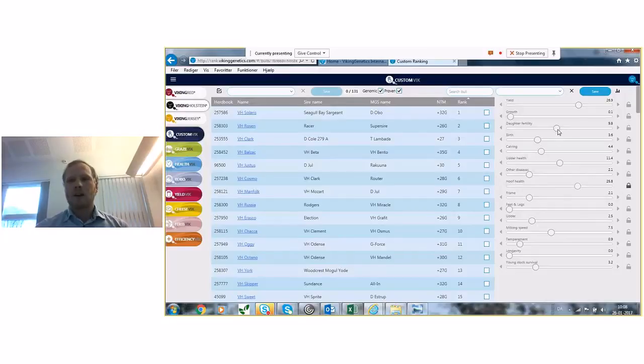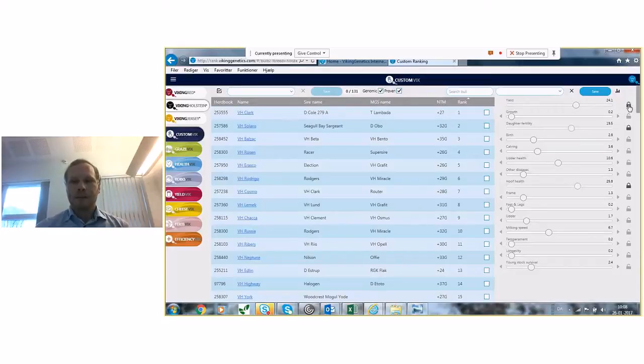Then I also want to still have a lot of focus on fertility, and I will lock it again. Production, I still want to have some, so I'll keep it around 24%, and I'll also lock this one. And then I would like to have some good temperament also. So now you can see I have a lot of focus on other health, hoof health, daughter fertility, a bit less on production compared to what it used to be, and a lot of focus on temperament. And you can see now in the re-rank that a bull like Clark would be the best one for this strategy if I was looking for these traits.